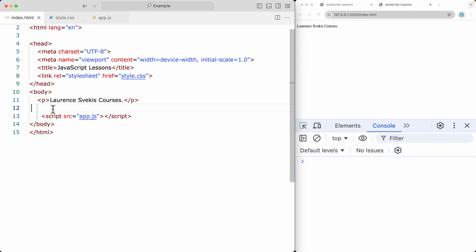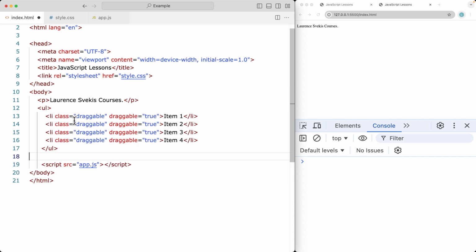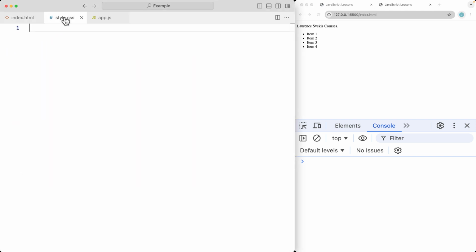Go ahead and open up the HTML file, and we're going to create some draggable items here. So in list items, we're going to have 4 different items there that are going to be draggable. And then let's go into our styling in order to add some styling to the draggable elements. So the element with class of draggable,